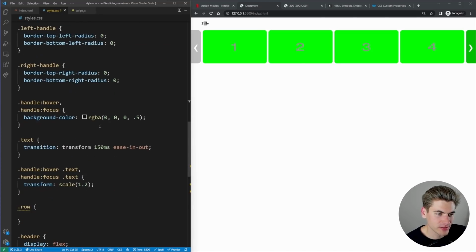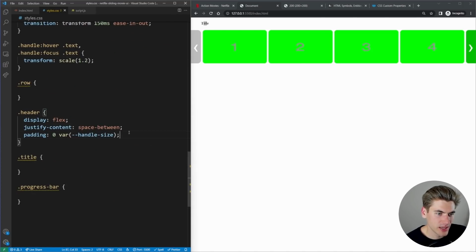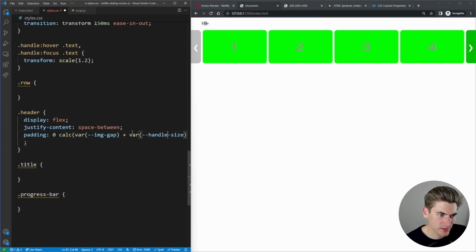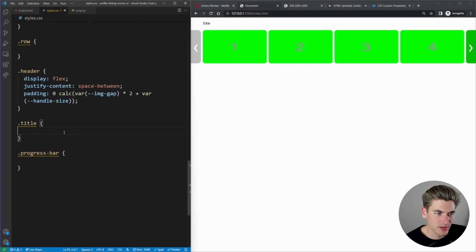And then lastly, we want to have our image gap on our header. So we want to take image gap plus that. We actually need to multiply this by 2. Whoops. There's going to be a padding on both sides. There we go. That'll perfectly line up the left side of this with this, and the right side of our progress bar with the right side over here.